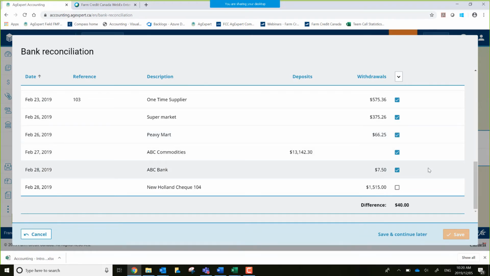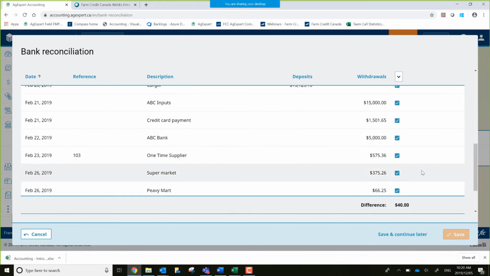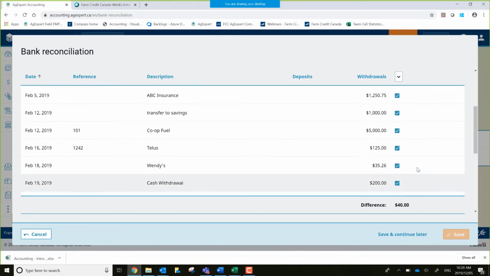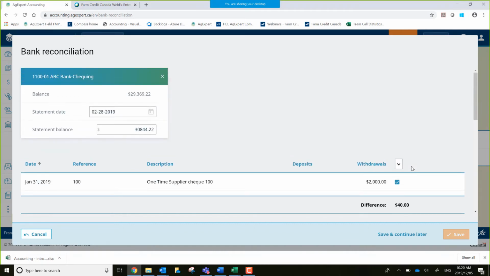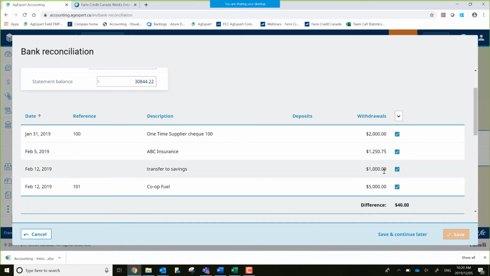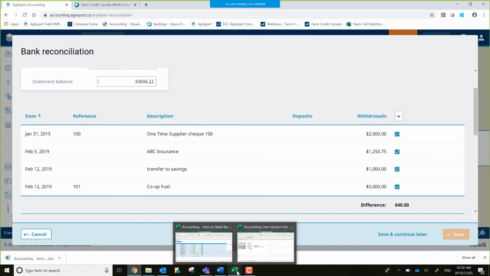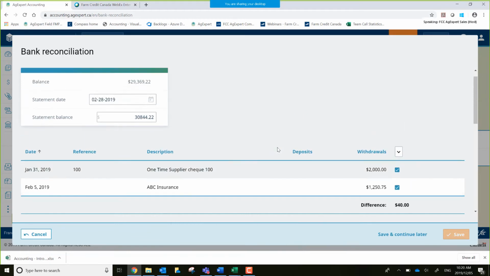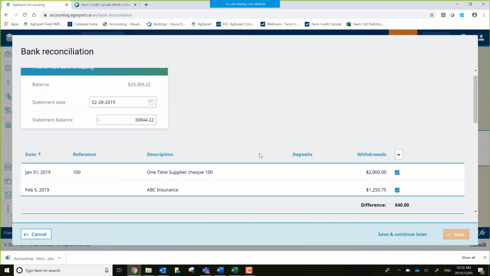And now we're at $66.25, and we're still out of balance by $40 exactly. So what we need to do here now is, I've cleared everything off, so let's confirm a couple other items. This is kind of a surprise here. So right now, one thing I would actually look at is to make sure that I have the correct statement balance in place. So right now in my program here, I have